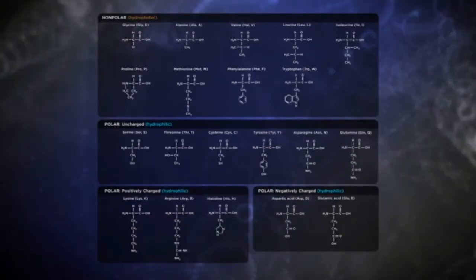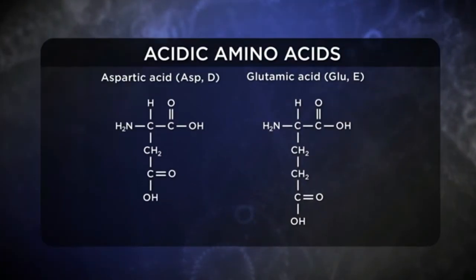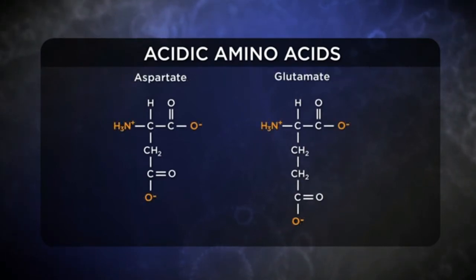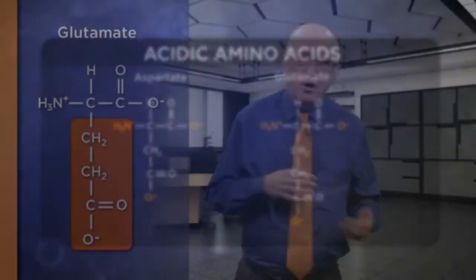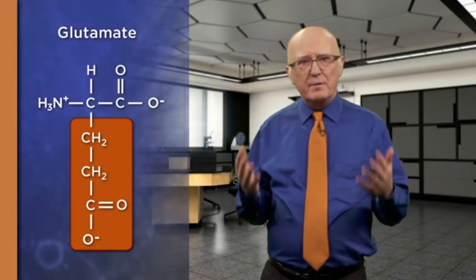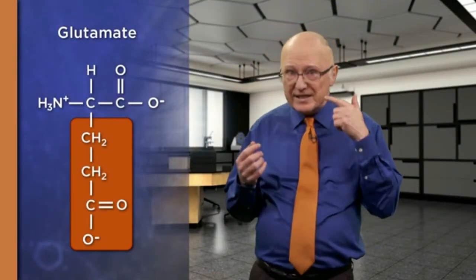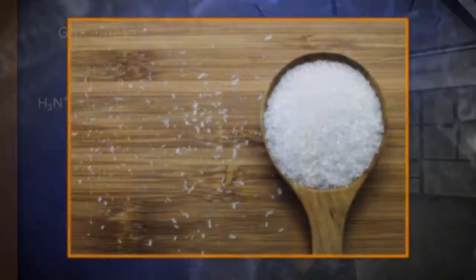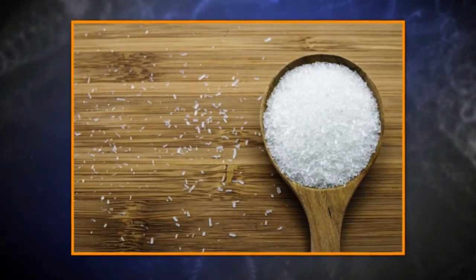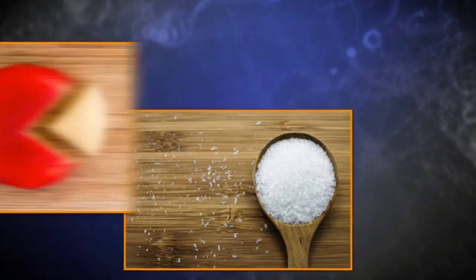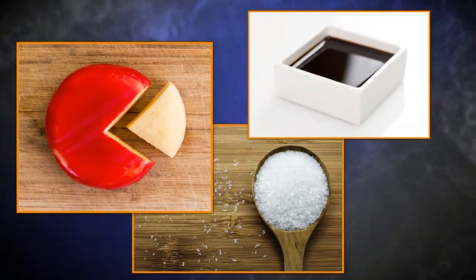The acidic amino acids, which contain carboxyls in their R groups, are aspartic acid and glutamic acid. Ionized forms of these are called aspartate and glutamate. Glutamate famously affects what we taste. Our tongues have receptors sensitive to free glutamate, which is responsible for the savory or umami taste of some cheeses and soy sauce. The sodium salt of glutamate, known as monosodium glutamate, or MSG, is often used for enhancing this